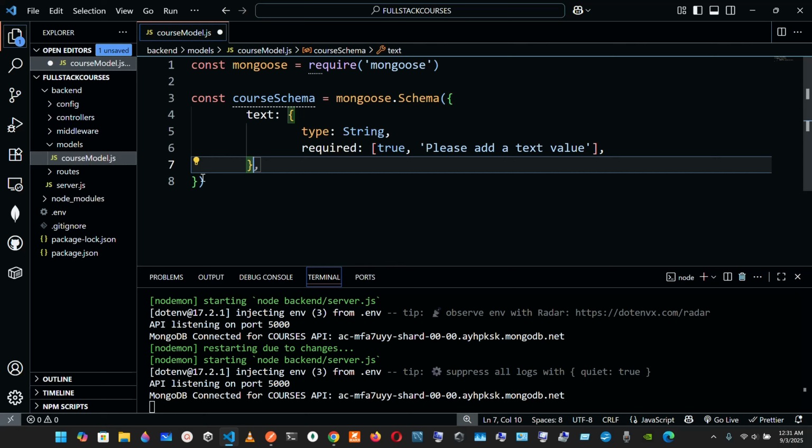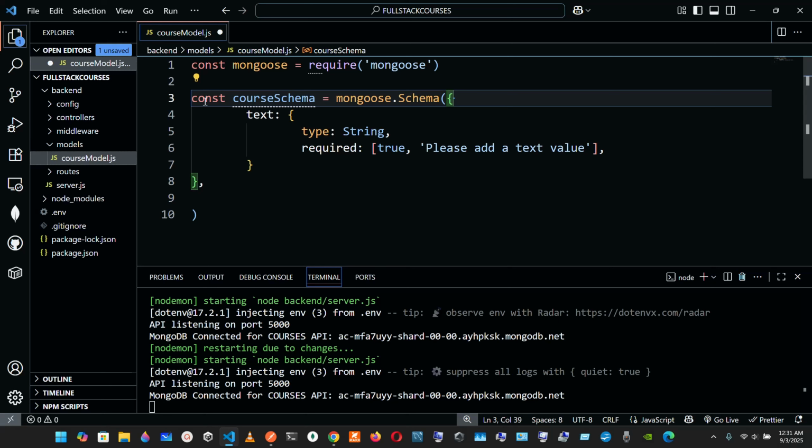So this end of curly braces ends right here, and after that one, I'm gonna put it like that after the here. So we have this course schema, we're setting it to Mongoose schema, open parentheses, so we are done with